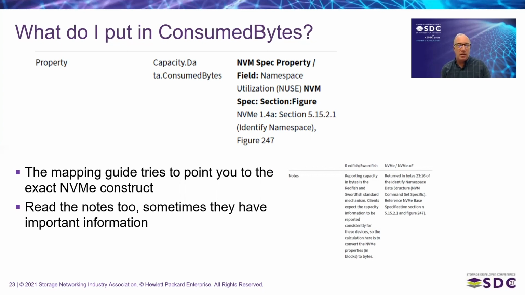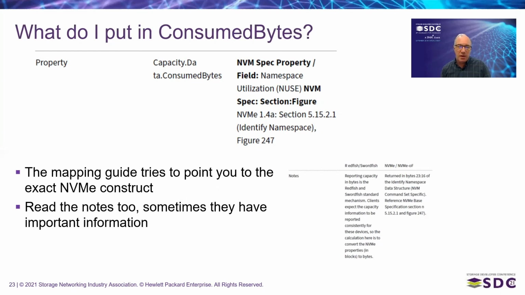Walk you right into the NVMe Express specification to the exact location you want to be. If you've implemented for 2.0, that's easily transposed over. So we've tried to do that everywhere possible, point you to the exact NVMe construct where you could get this